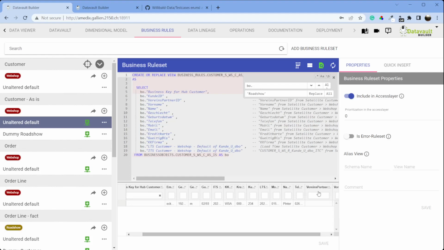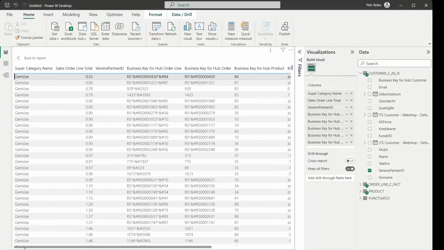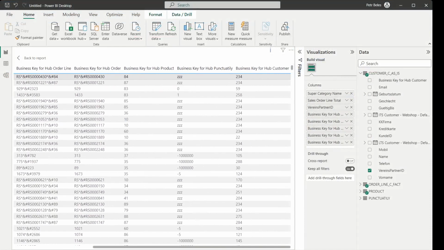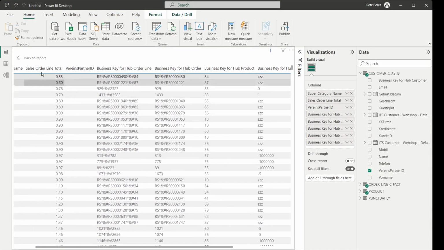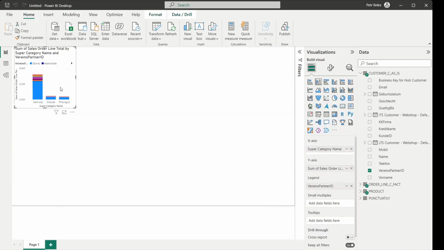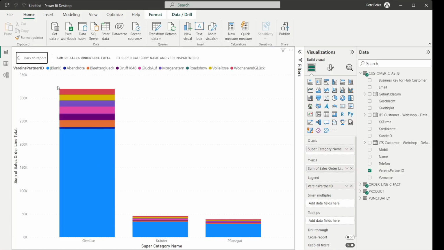So it could be he doesn't have a partner ID, but we go back to Power BI. Let's check if he got the name. And he got the name. I see that in Datavault Builder, so that's fine. So in fact, that's really that this partner ID here is